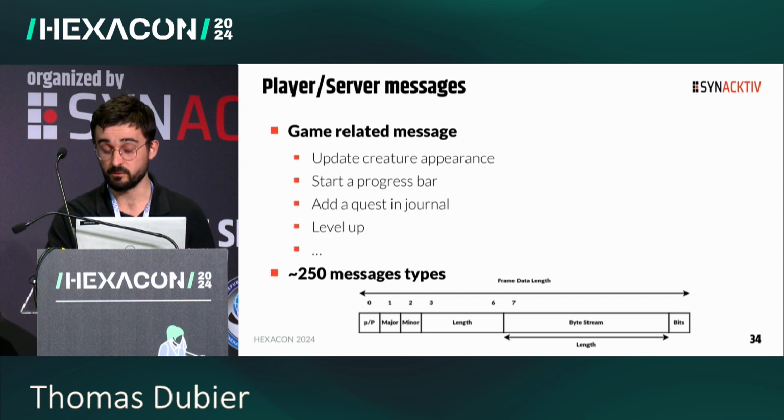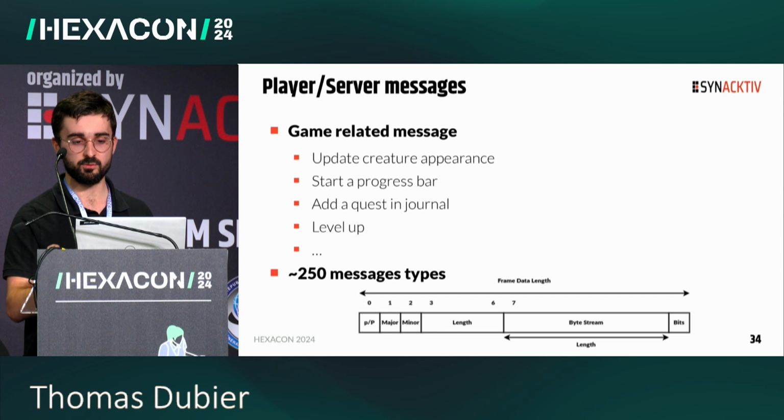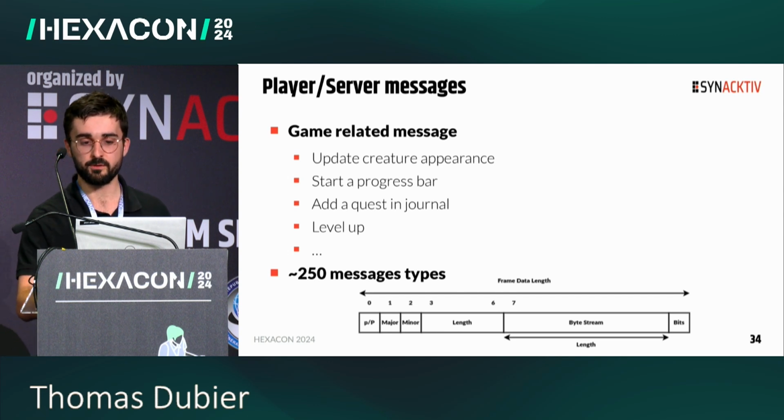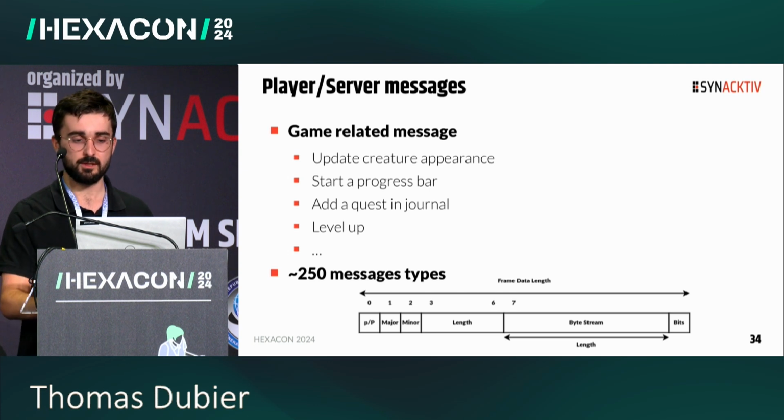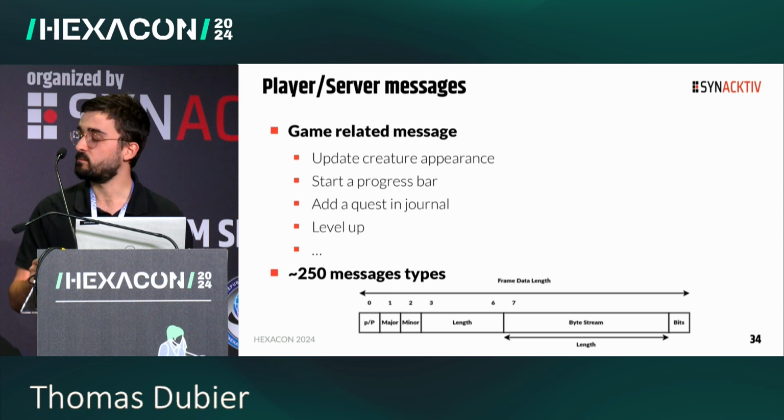The most interesting surface is game-related messages, which can update a creature's appearance, start a progress bar, or add a quest in a journal, and there are approximately 250 message types. They are formatted as follows. There is a major code that indicates the category of the message. If it concerns a journal, for example, there is a minor code which identifies the message precisely, and it's followed